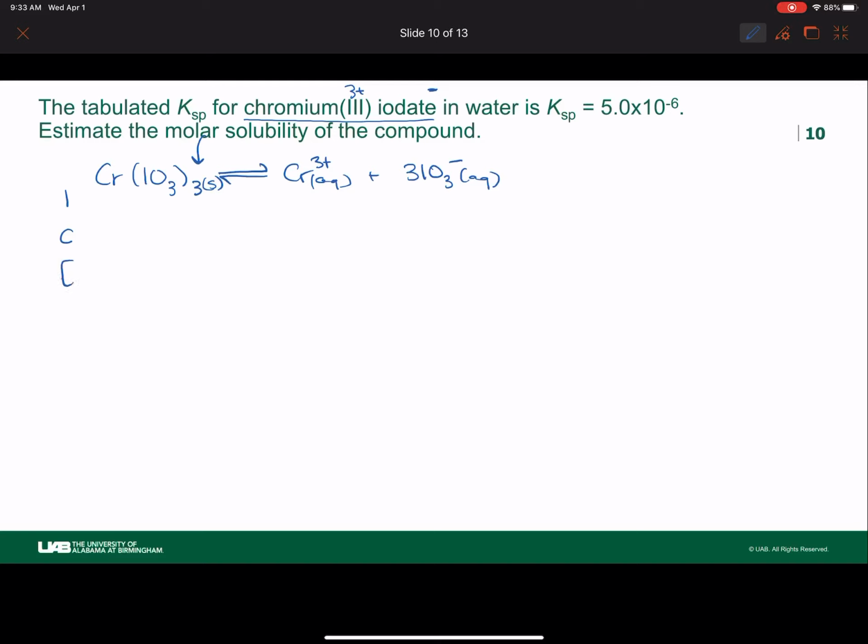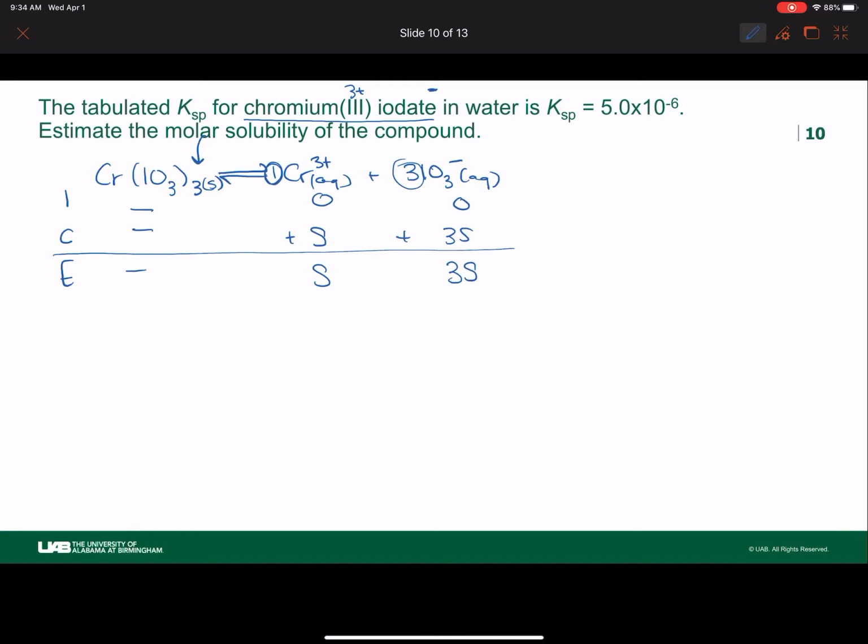Now, if I set up an ice table, initially, there's none of those ions. There's a bunch of the solid, but we don't care because it's a solid, so we're still just going to leave a dash there. My change from the solid to the ions is going to be a 1 molar change for this chromium, because there's only one of them there. But it's going to be a 3 molar change for this iodate, because there's 3 of those there. And that's very important that we remember that. Then we just bring those down